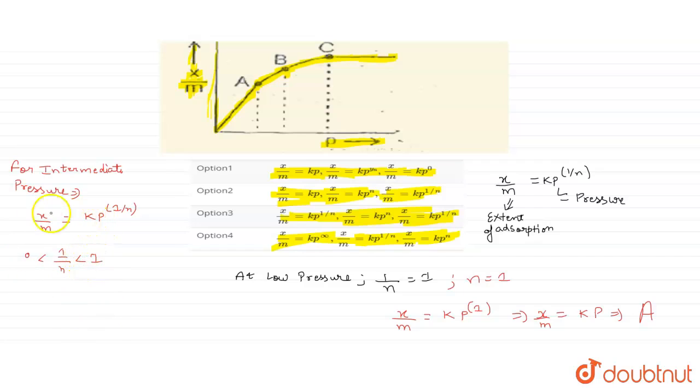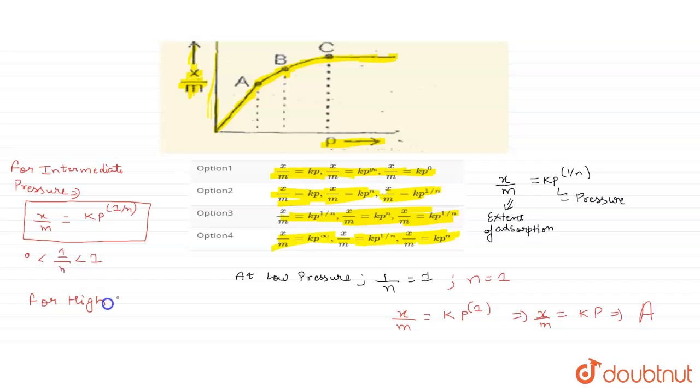So for intermediate pressure, the Freundlich equation will be x by m equals kp to the power 1 by n, because for intermediate pressure the value of 1 by n varies from 0 to 1. Okay, now finally for high pressure condition,